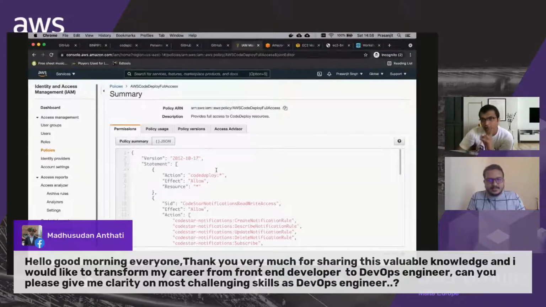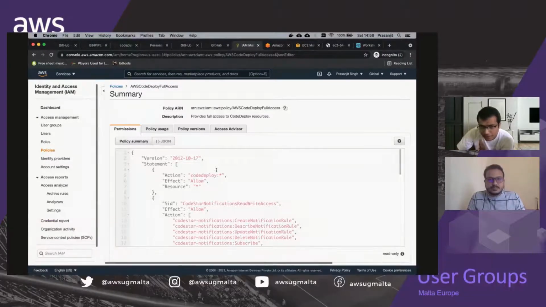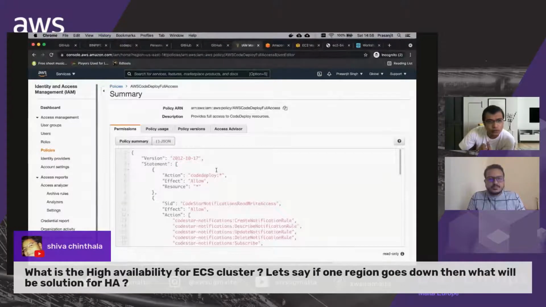Okay, we take another 2 minutes, then we'll start the quiz. Meanwhile, we will take another question from Shiva again. What is the high availability of an ECS cluster? Let's say if one